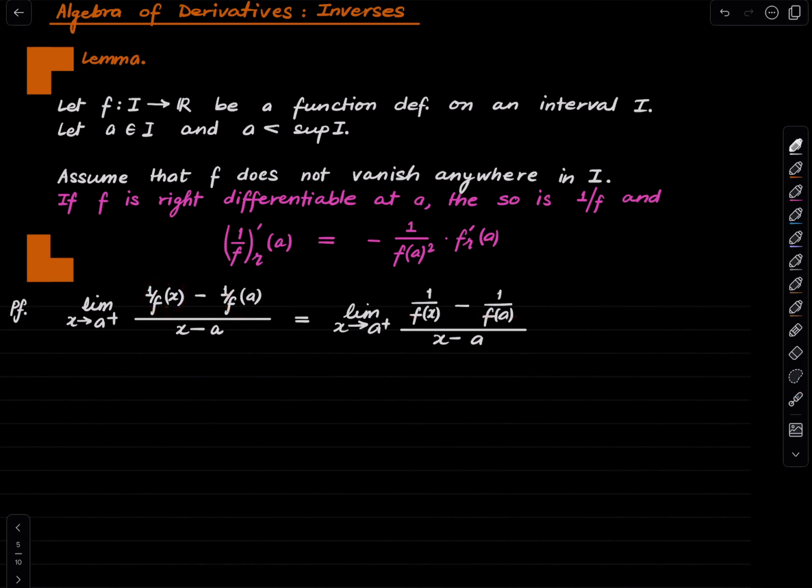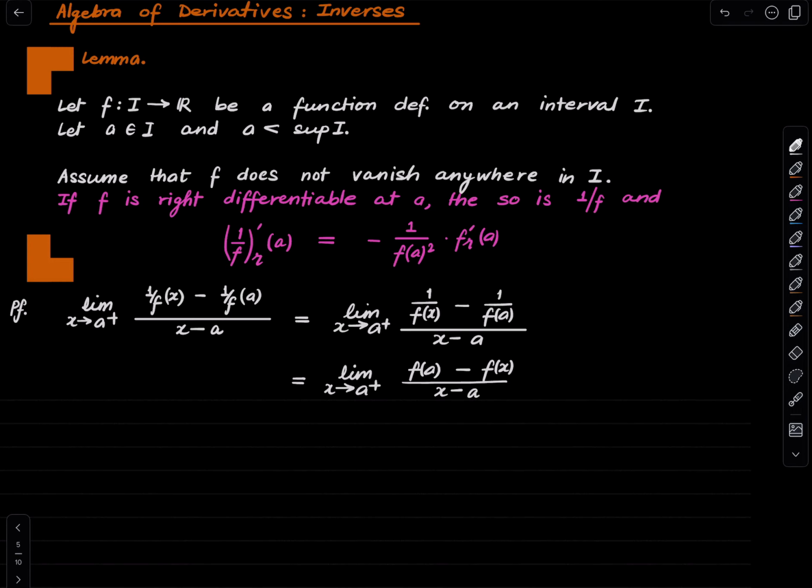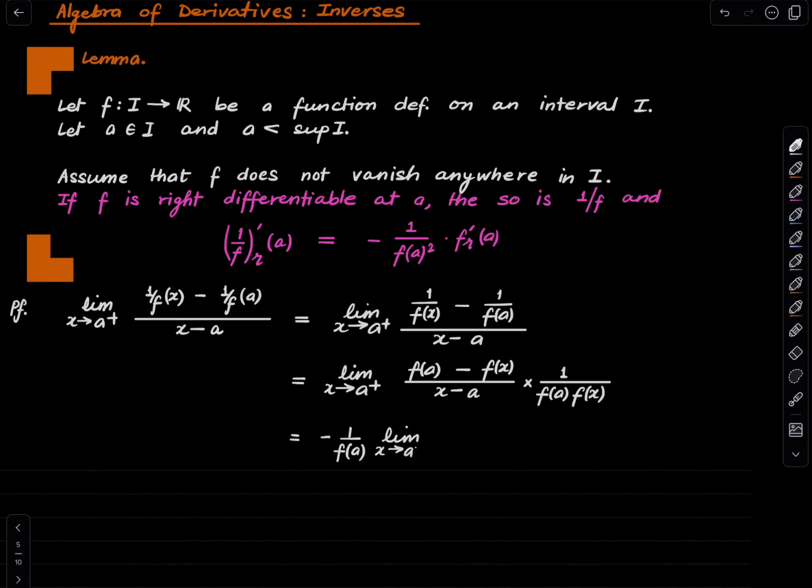Right? So this is equal to, what? Just did some algebra. Okay, I'll take a minus sign outside, and I'll also take 1 upon f of a outside. So when we are taking limits, scalars don't matter. Minus 1 is just a number, f of a is just a number, we can pull them out. And this expression is well defined because f of a is non-zero. We have assumed that f doesn't vanish anywhere in the interval. So I'll just pull out minus 1 upon f of a to get